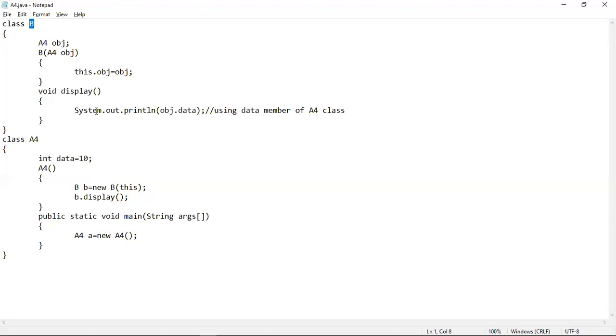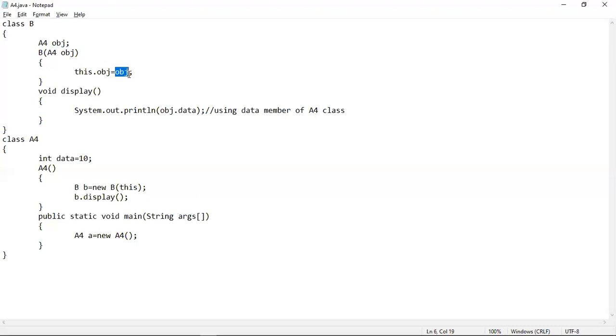Now inside this display method, we have printed obj.data. So basically inside this obj instance variable, we have put obj, which is this parameter. And inside this parameter, we have passed this, that means we have passed this small a object. So basically this obj means a. So now this dot obj equals a. That means this obj instance variable also contains the value a.